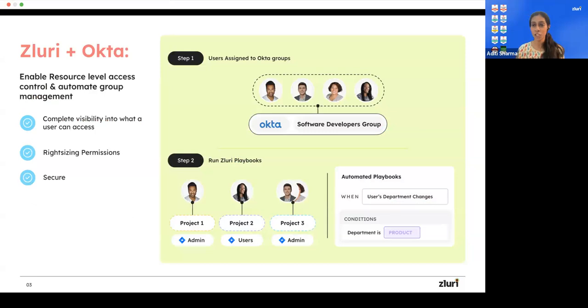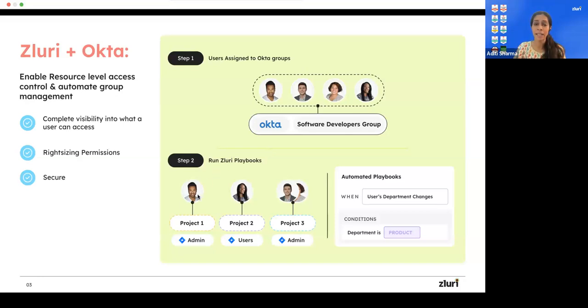So now coming to how you can solve these challenges with Zluri plus Okta. If you supercharge Okta, you need to make no changes in your existing Okta protocols or how you use Okta today. But if you layer Zluri on top of it, you can enable resource-level access control and also automate Okta group management. If I go back to the same example of 4 employees in the software developers group in Okta, now you can connect the employees directly to the data that they need access to.